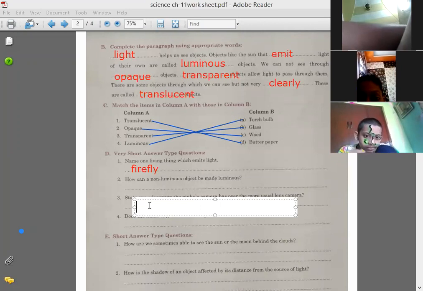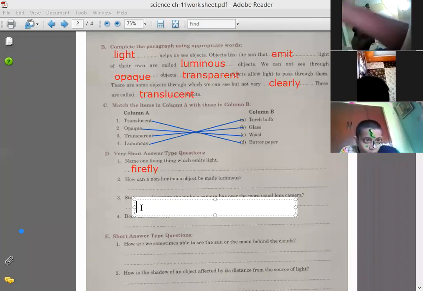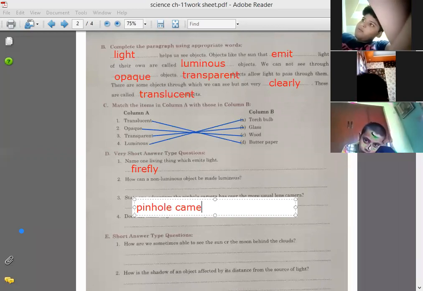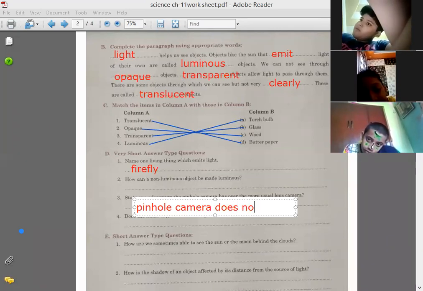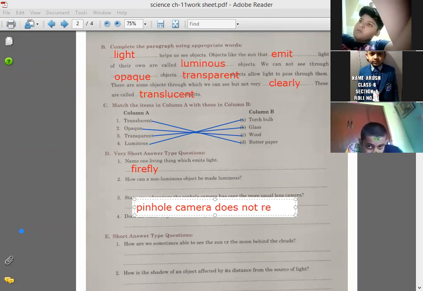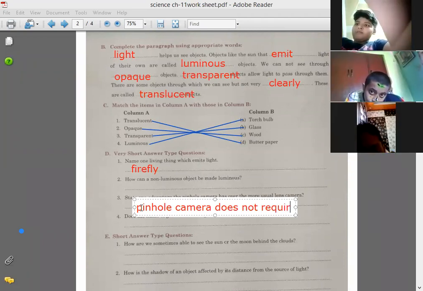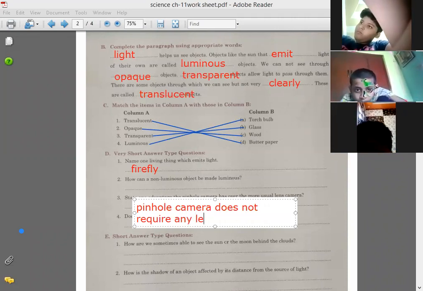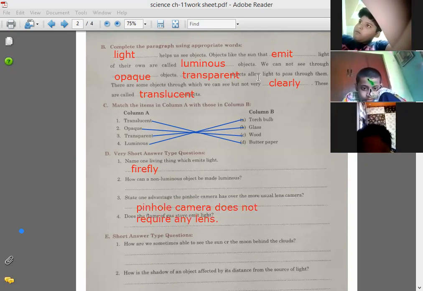Write down, pinhole camera does not require any lens. Okay, got it?